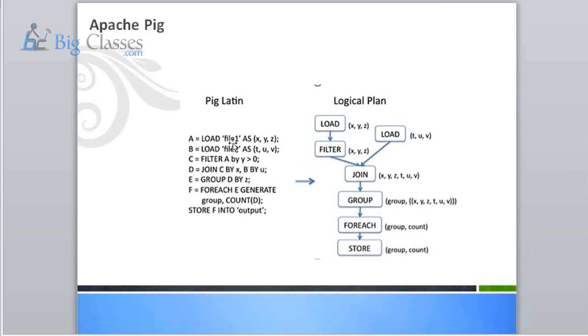The processing is around, I have two files. I want to join them just like tables. Actually, there is no such table. We just have comma separated files, with X, Y, Z, T, U, V columns in these files. So in these two files, I'm going to join the files and do some processing. This is a very basic Pig scripting.